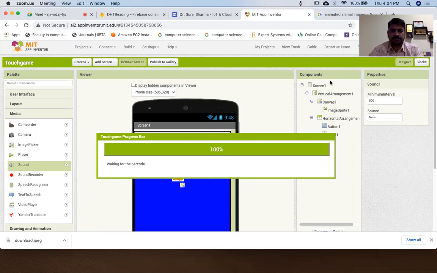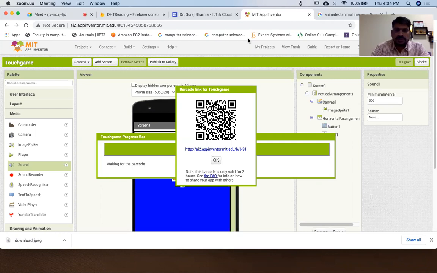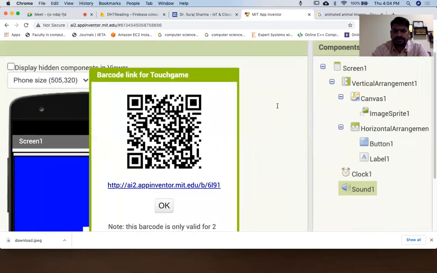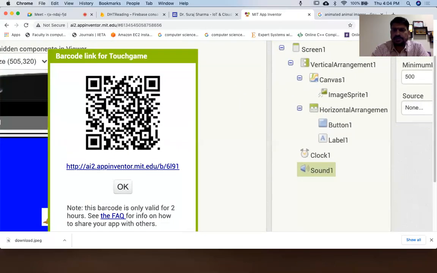Yeah, so now you all be ready with this. This is your barcode. I'm also scanning it.